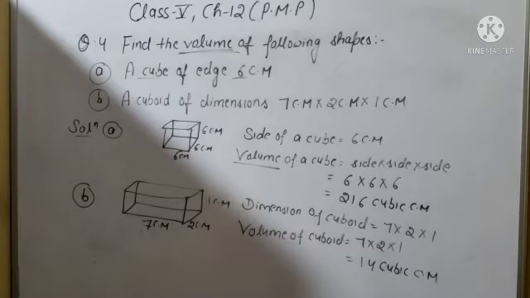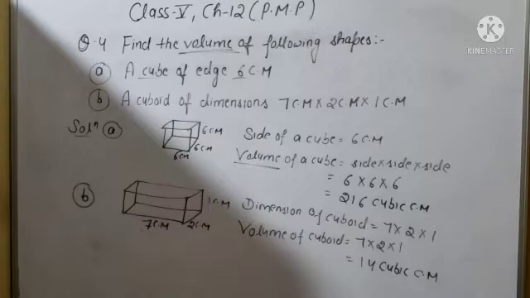So a cube is a 3D shape, where the base will be like a square. Okay, in a square also, you know very well, what will be the square? Where all the sides of the square are equal. So it is a shape with a square base, and all the sides, meaning length, breadth and height, will be the same. So the side of the cube is 6 centimeters. What will be the volume of the cube? Side into side into side. So it will be 216 cubic centimeter.